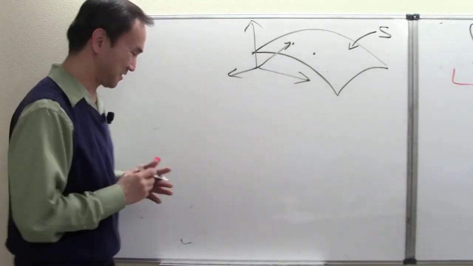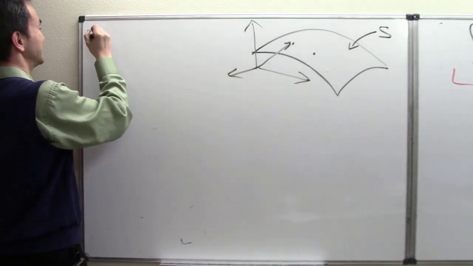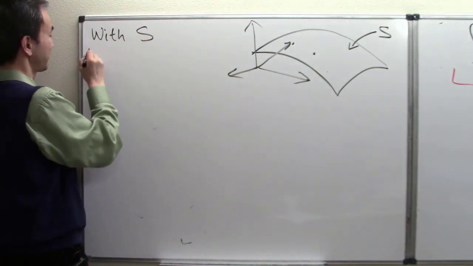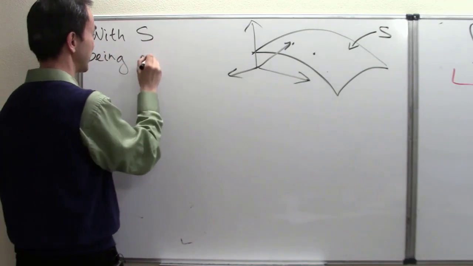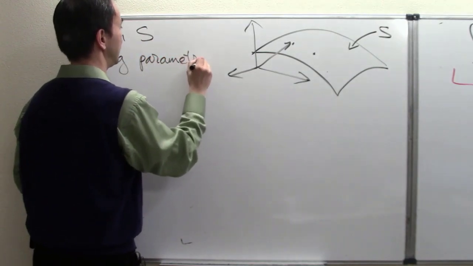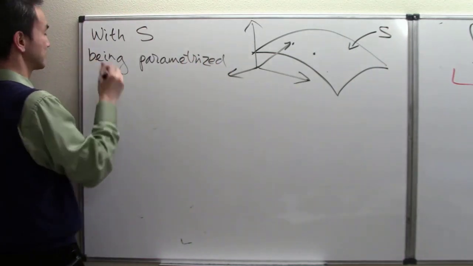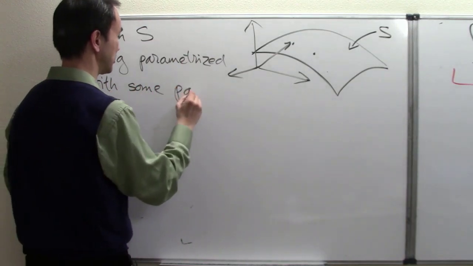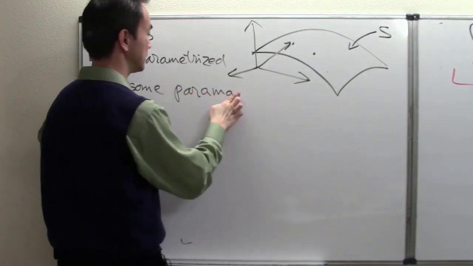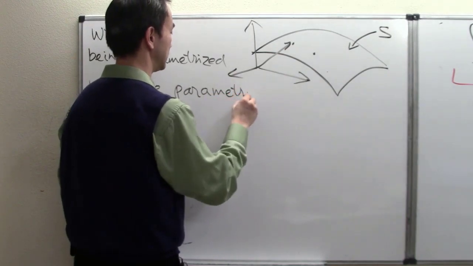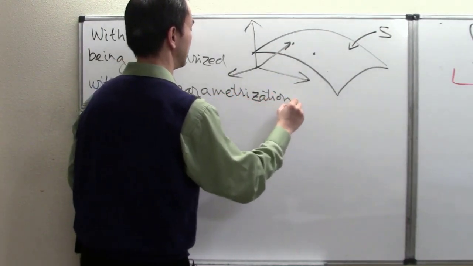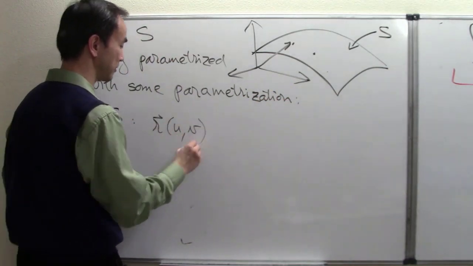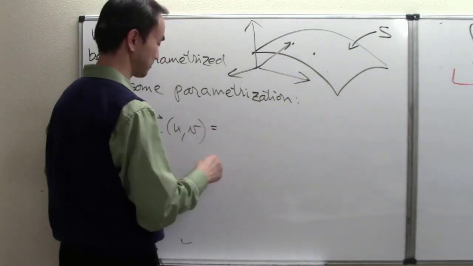So in that way, now as I have explained, with S being parameterized, with some parameterization, let's say S here is described parametrically by some vector value function of two variables u comma v. Okay. Then